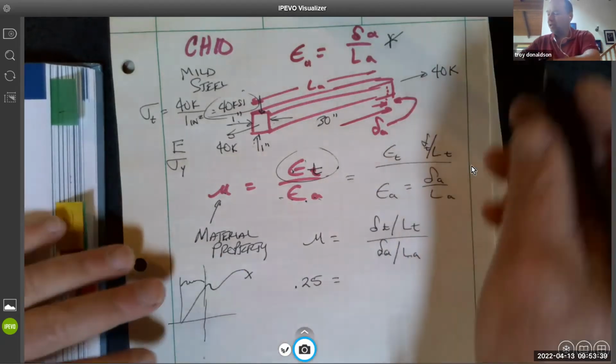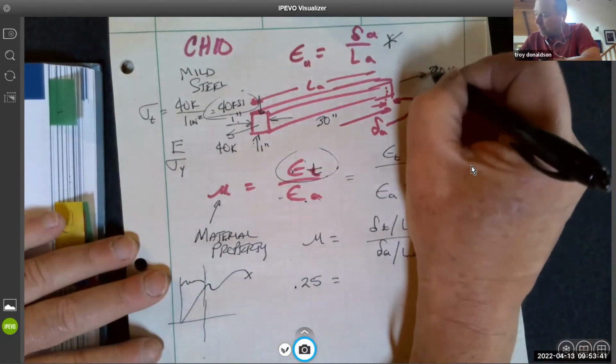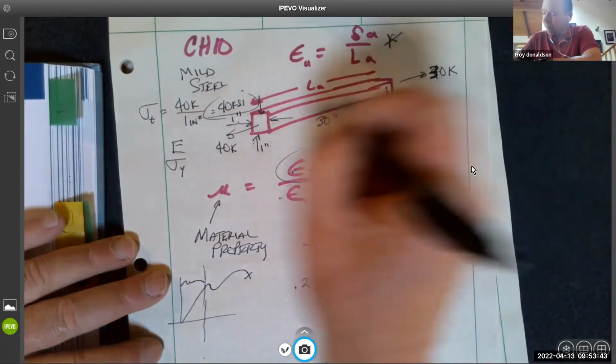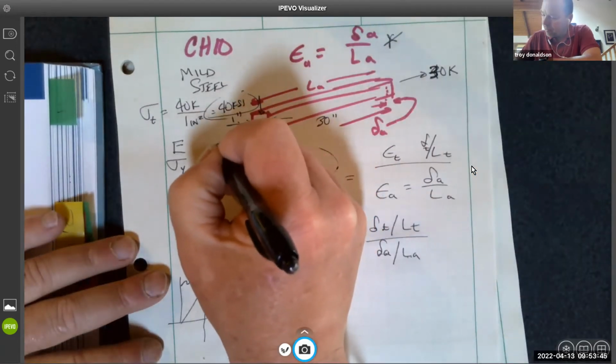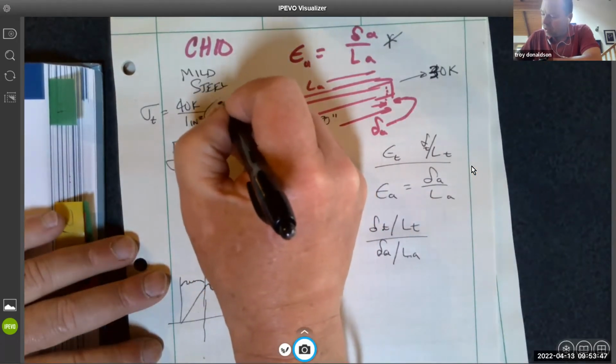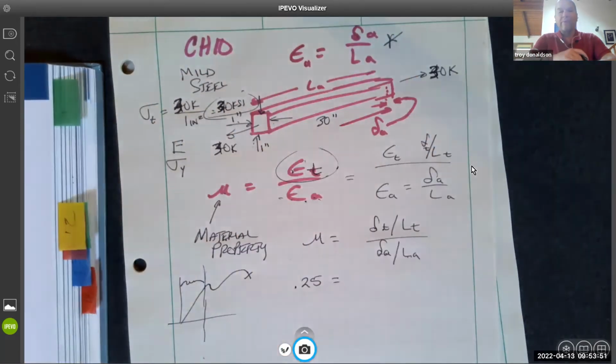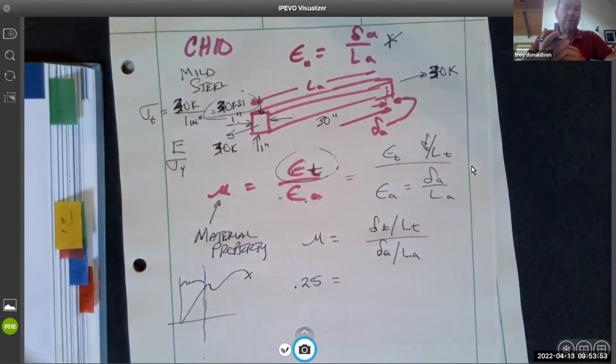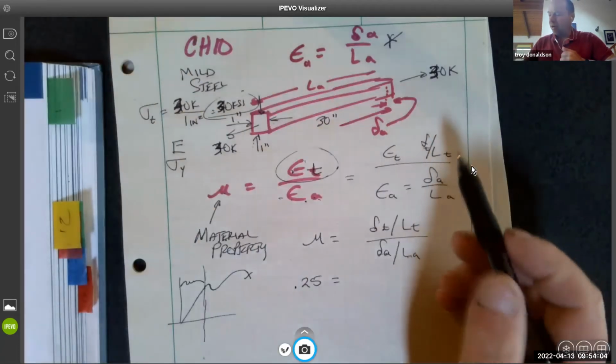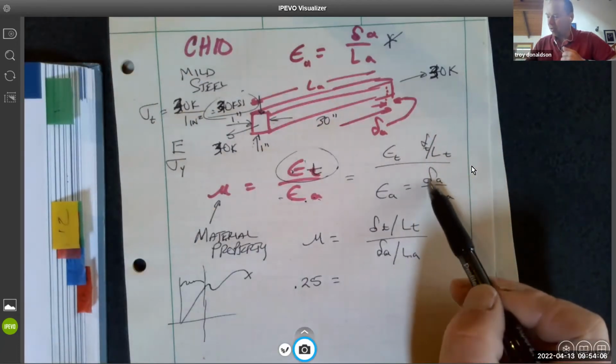All right, so we're going to adjust the load to 30, which gives me 30 KSI, which makes it under the limit of 36. Okay, so now I'm good to go. I have 30 KSI of stress. Everything's fine. I do need to calculate the elongation